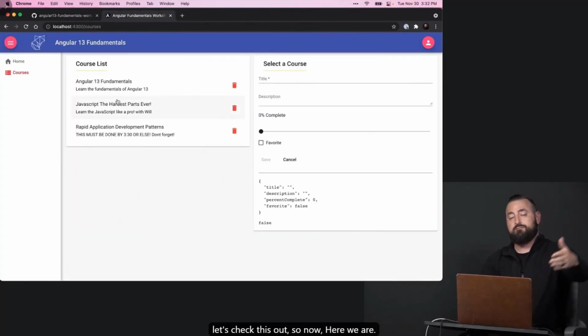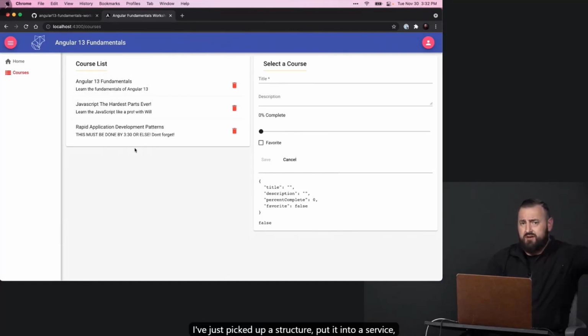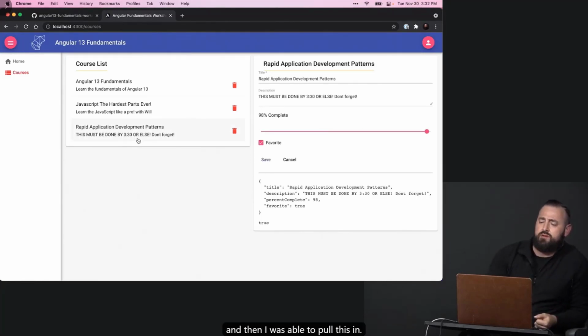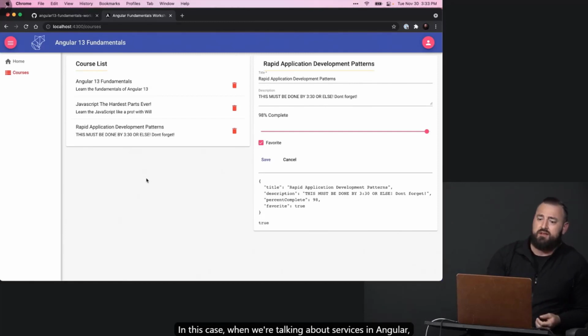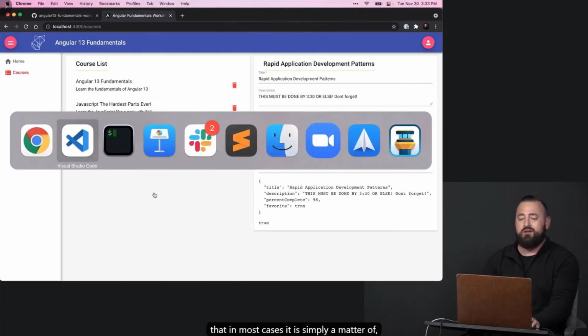So now, here we are. I've just picked up a structure, put it into a service, and then I was able to pull this in. So hopefully that was incredible. Like, you're stunned right now with how simple that is. There are times where something is so easy and so underwhelming that I'm absolutely overwhelmed at how underwhelming it is. In this case, when we're talking about services in Angular, in most cases, it is simply a matter of